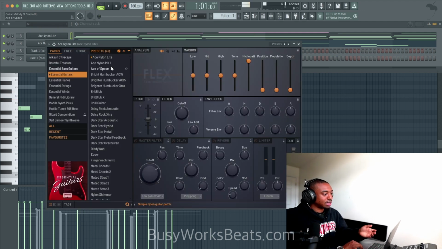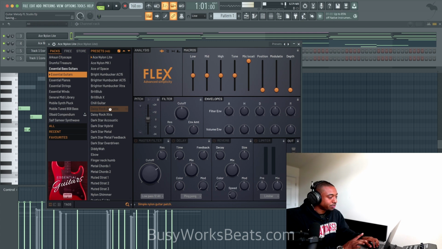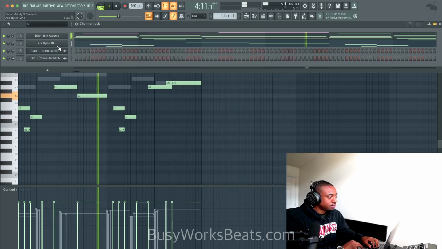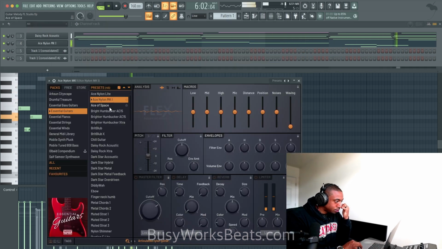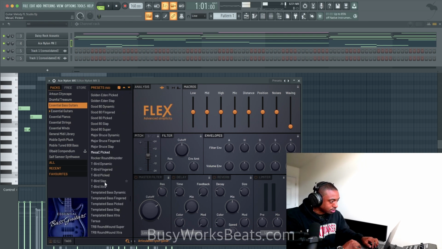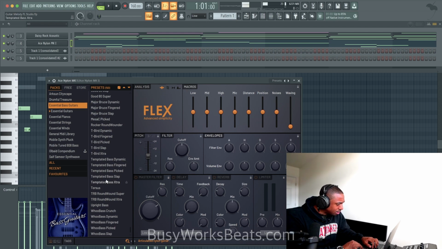So again, if we swap out the sounds, you're going to get a higher quality sound depending on the instrument. These aren't my go-to sounds, but I'm trying to give you guys stock sounds. Let's switch out the actual tones. Let's go to Essential Bass Guitar. Let's try one of these. I don't know these by heart, so I might pick the wrong bass here. Let's do upright.